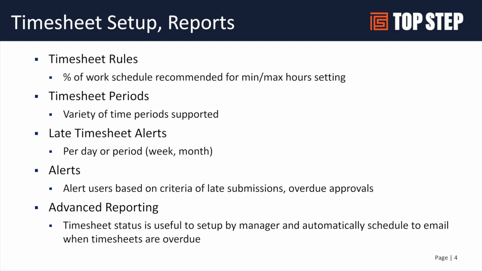Timesheet status is our most common, and you can set this up by manager, and you can report on which timesheets are missing, which timesheets are open and submitted, and if they're submitted, who is the next approver to approve them. So very beneficial report for managing the timesheet process